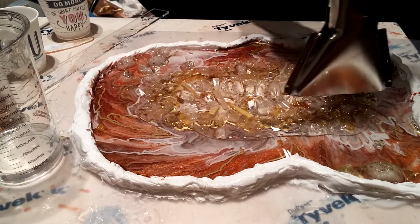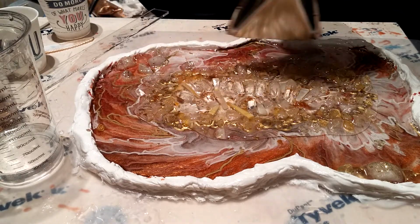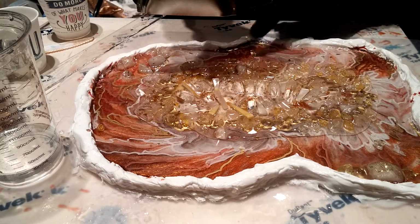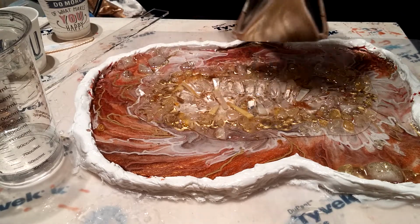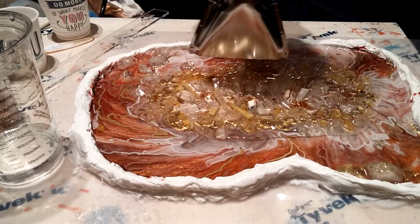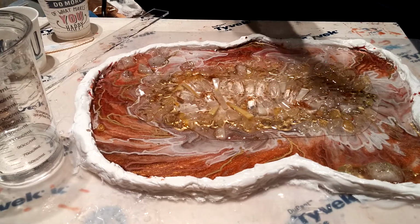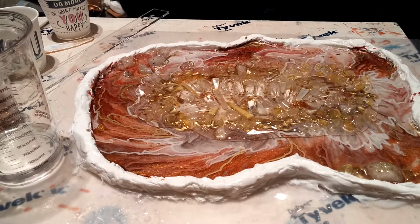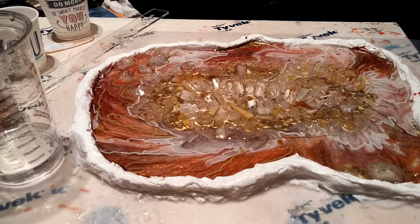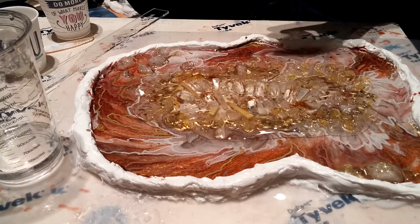Just heating up the resin, just so I can spread it around a little bit. Okay, so I'll set that down. I don't have my room finished yet, my studio room. So things are kind of whacked out. But anyway,